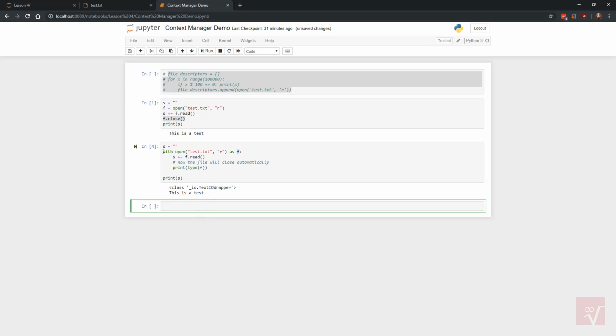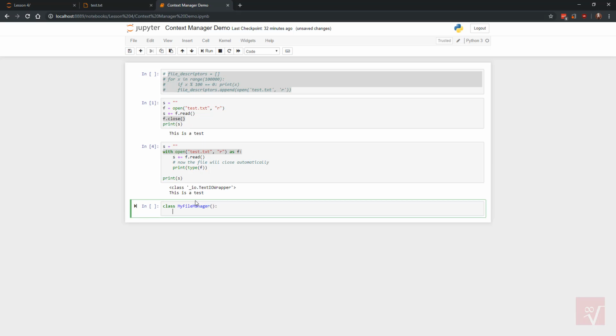So when we use the with command, we're basically entering a context, and the context is this object here. So F is the thing being managed. When we say context manager, F is the thing being managed. And when F falls out of scope, in other words, when the with block ends, then F can be cleaned up. Let's create our own file manager